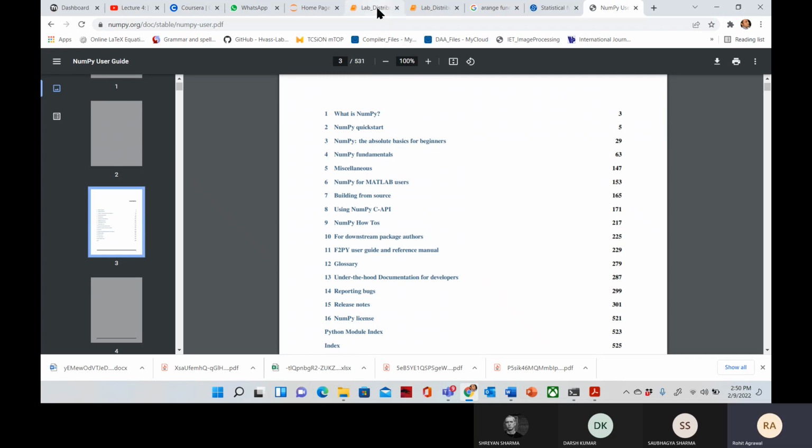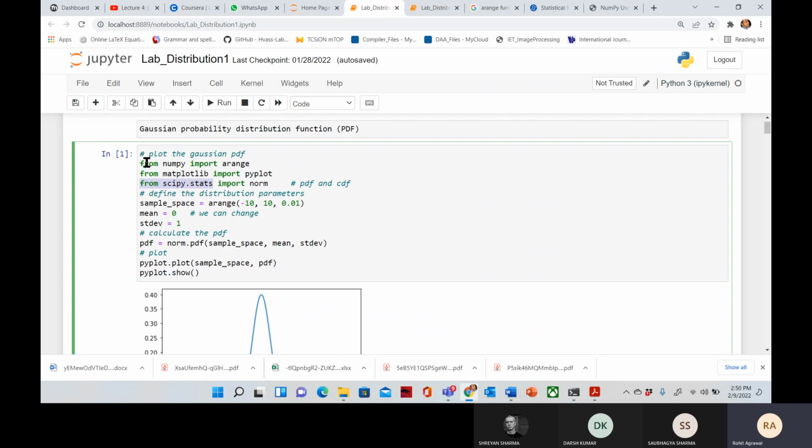So NumPy is clear. From NumPy, we are using arange. Arange will give you evenly spaced data. In our case, we are taking data from -10 to +10, stopping one step before +10, and the separation is 0.01. So our data points are separated by 0.01. We are not manually writing our data.